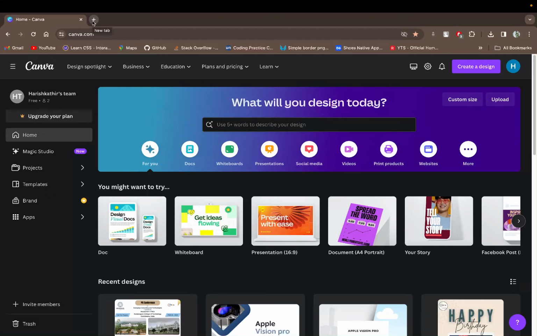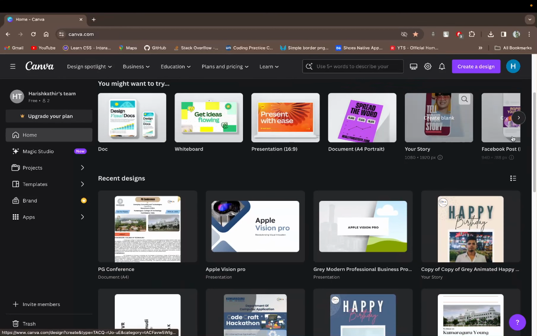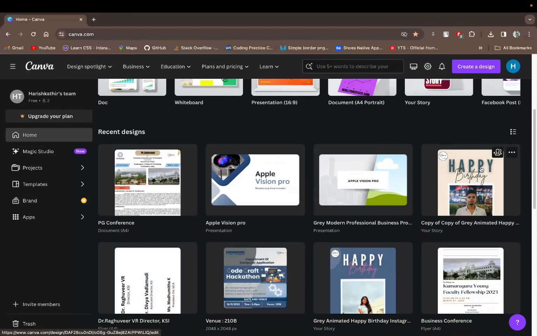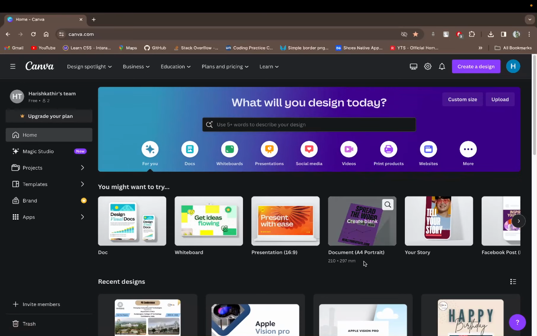So what's the difference between Canva and Illustrator, Photoshop? Canva has pre-built templates and these whiteboards, documents. You can get templates for every design in Canva, but in the case of Illustrator and Photoshop, everything will be started from scratch, built from scratch. So, for example, let us start with the